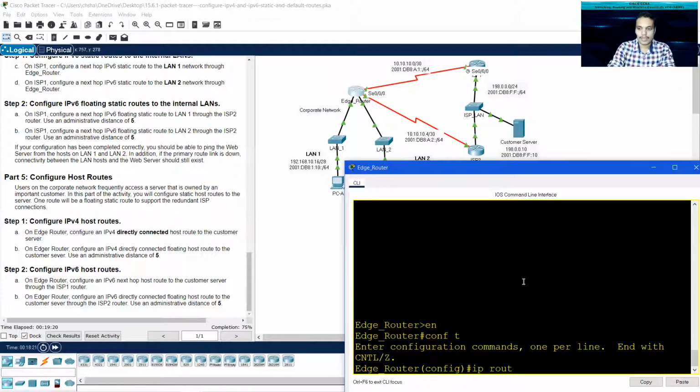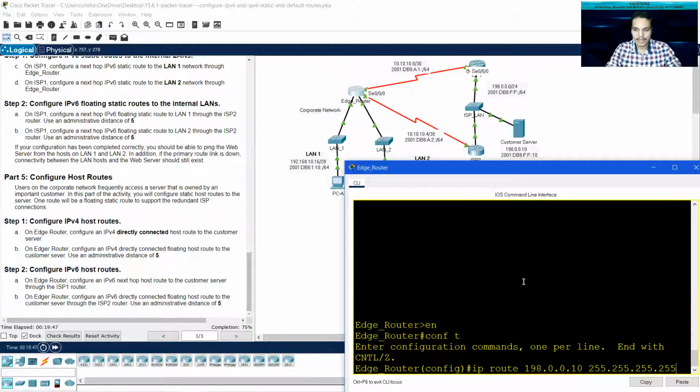So IP route 198.0.0.10. Here I need to mention a subnet mask of 255.255.255.255. This is simply because each and every one of the 32 bits must match. So this is my destination IP address.